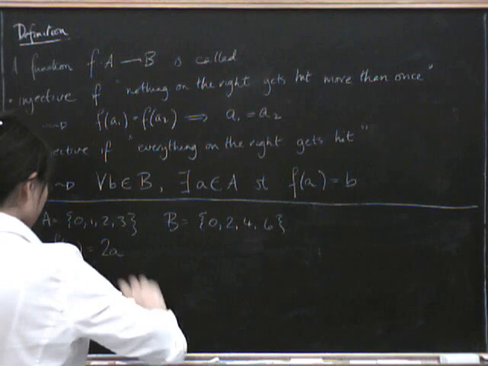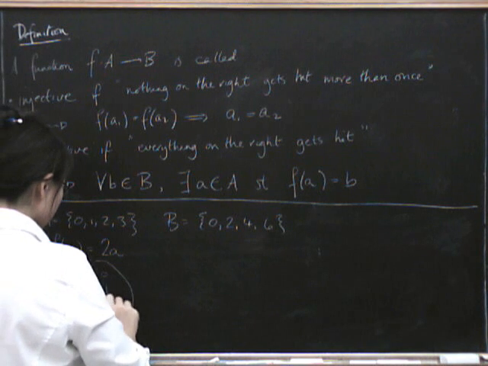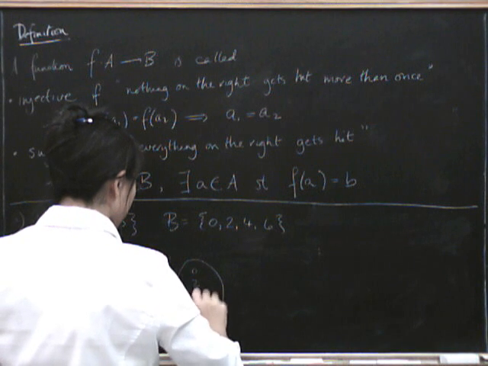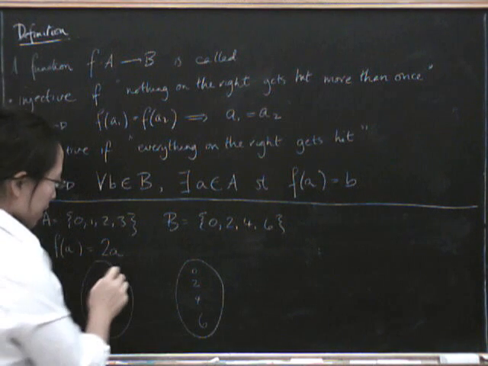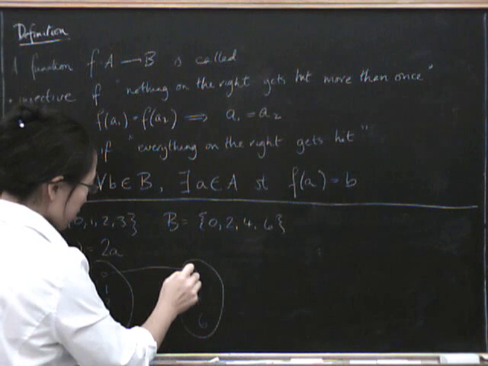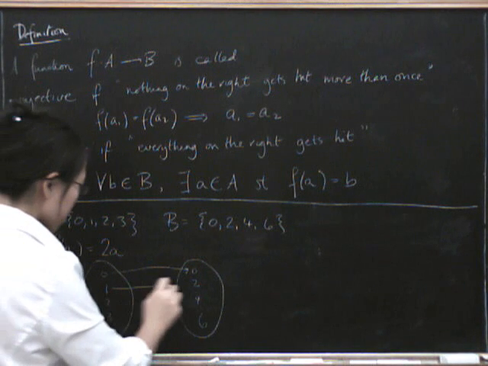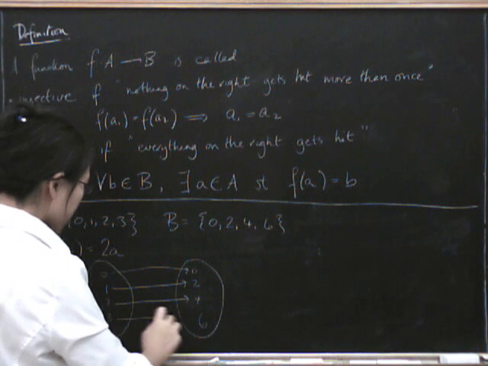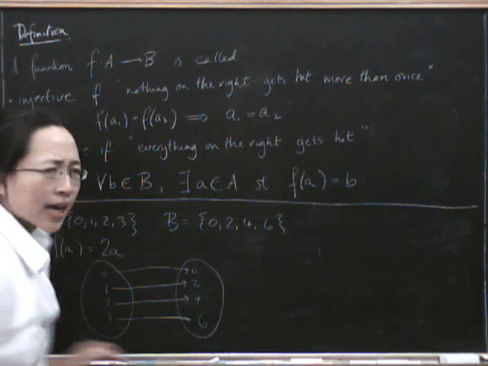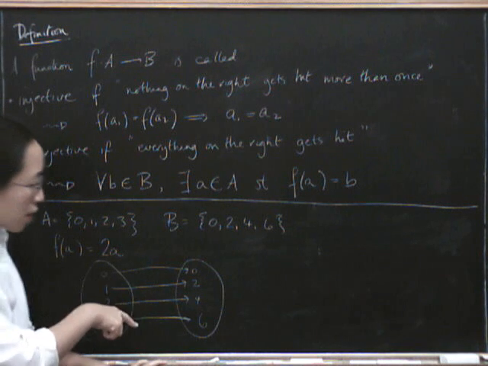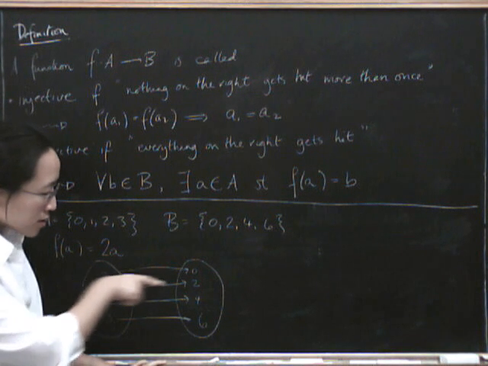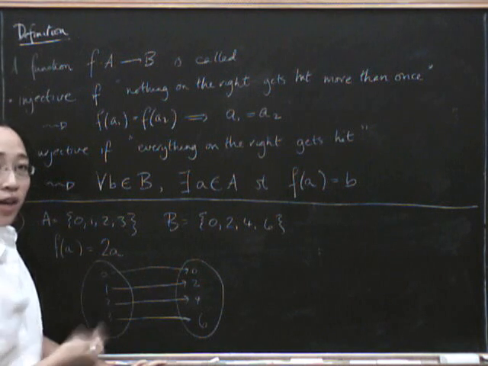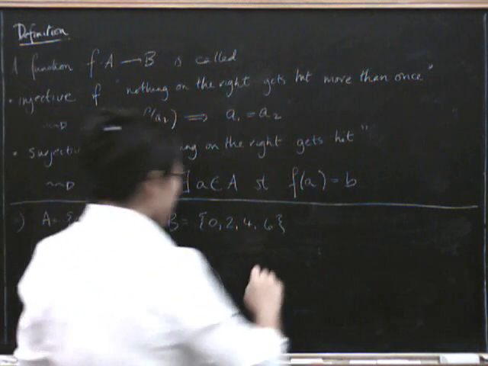So if we draw a picture of this, 0, 1, 2, and 3, and over here we've got 0, 2, 4, and 6, then 0 times 2 is 0, 1 times 2 is 2, 2 times 2 is 4, and 3 times 2 is 6. There. Isn't that pretty? Everything's lined up. Everything goes to only one place, so there aren't any two things on the left that go to the same place on the right, and everything over there gets hit. So this is injective,